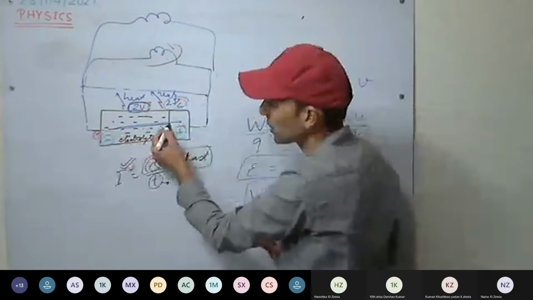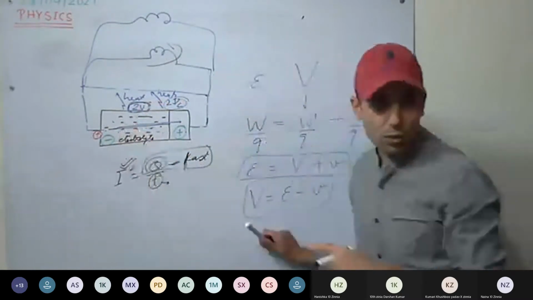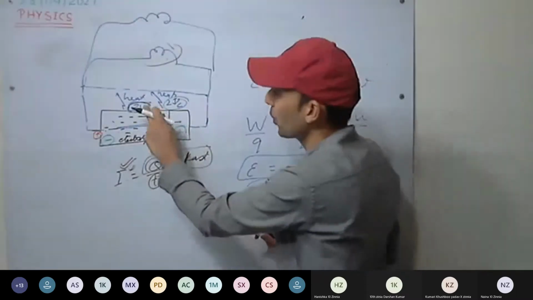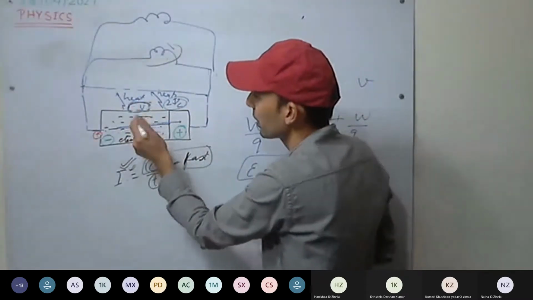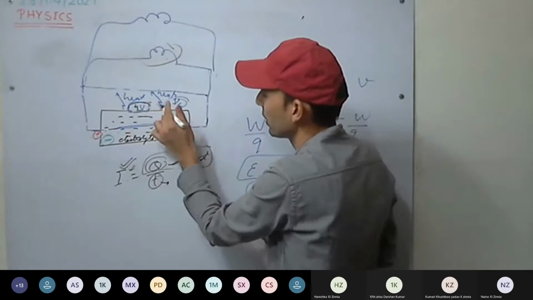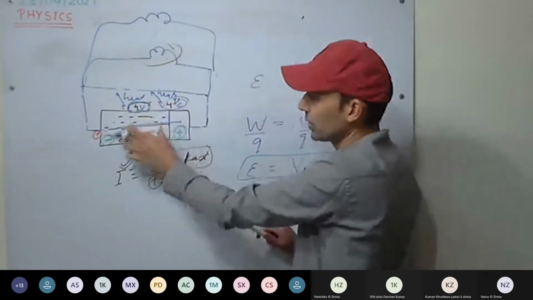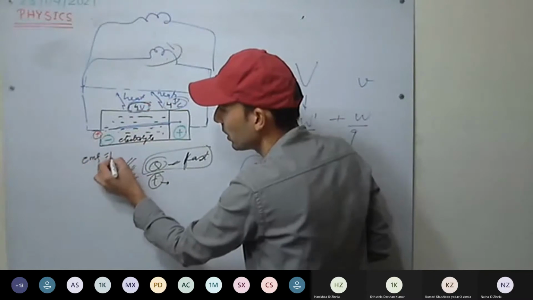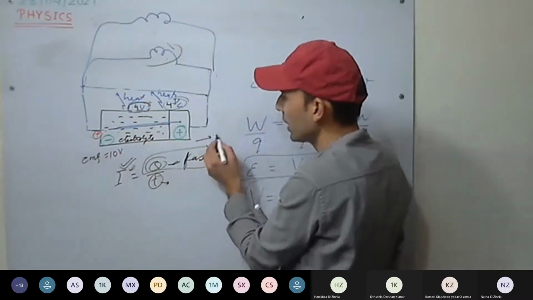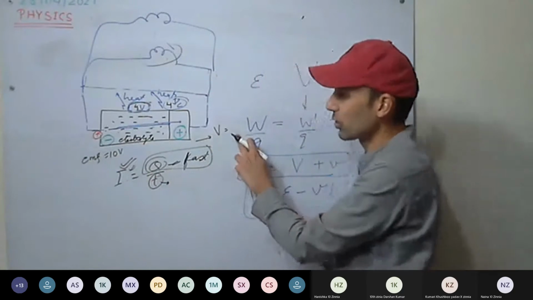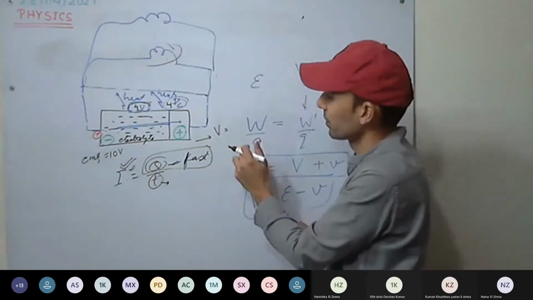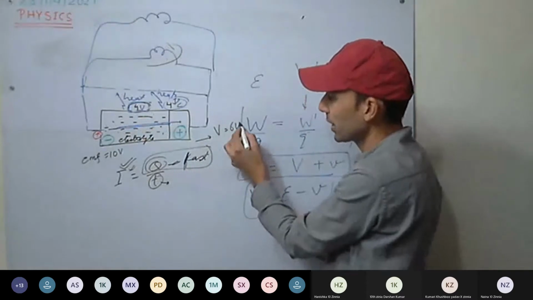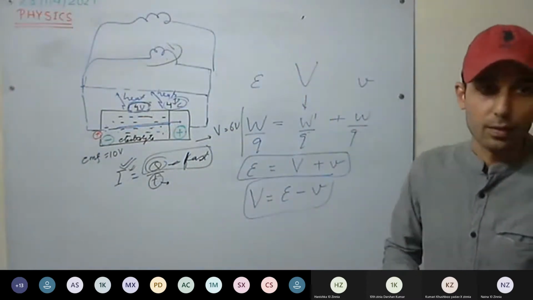As the charge moves more fast inside the cell, what will happen? More collisions, more resistance will be there. More the resistance, more the potential drop. This time, it will be, for example, 4 volt. So more the potential drop, more the voltage drop. Earlier EMF was how much? 10 volt. Now the terminal voltage will be how much? This time 4 volt is the drop, so it will be 6 volt.